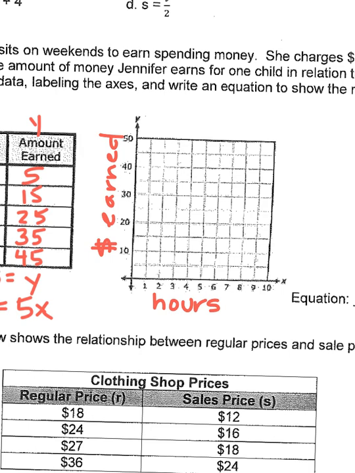So check out how they're counting. They're counting by fives up the y-axis. 1 hour, $5. 2 will be 10. 3 will be 15. 20, 25, 30. It grows by $5 per hour, just like it should. And then if you connect these points, you see the linear